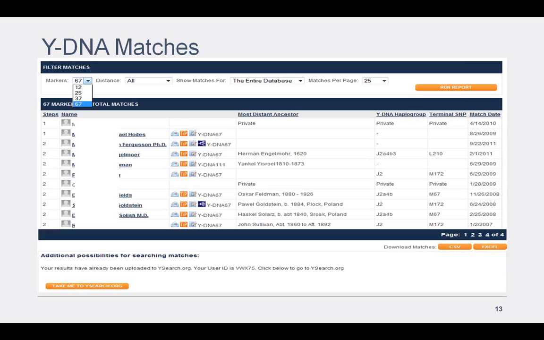Not everybody is prompt at responding to email. Not everybody is tech savvy. Some people may have done the test and they just really don't know enough about it, or maybe they haven't attended my webinars or other education to learn what to do with their results. So they might get an email and just think, I don't know what to do with this. And somebody might be on vacation, somebody might be ill, somebody may have changed an email address and forgot to change it in their account. So there's a lot of different reasons why you might not get a response back, not having anything to do with you. But there also is, I have received some match emails from people that I've looked at and said,